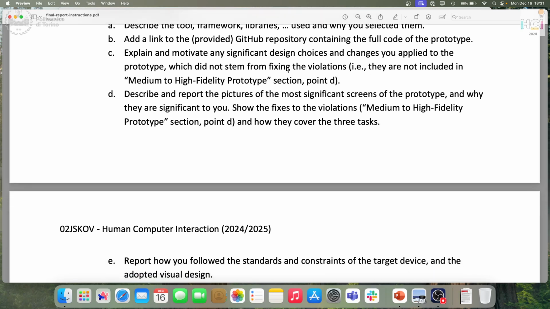Then describe and report the picture, so include them, the picture of the most significant screens of the prototype, with screens defined as before. So pages or screenshots, anyway, of the prototype and why they are significant to you. That could be 2, that could be 3, that could be 5. Pick the most important for you and describe why they are. And show